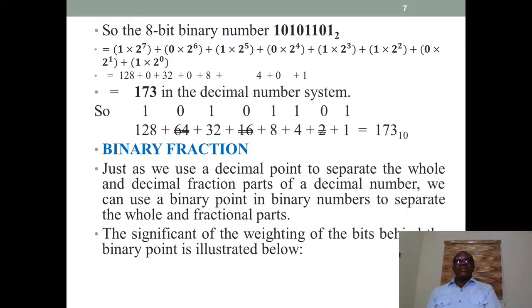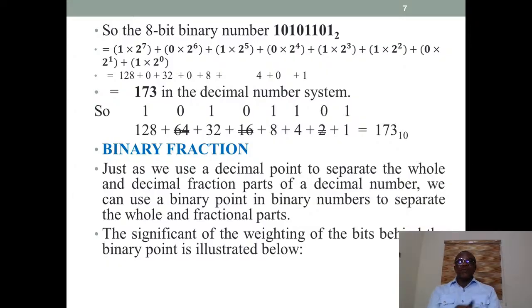Where 0 appears, you multiply by 0, it gives you 0. So that bit, 10101101, what we just needed to do is, having known that from right going to the left is 1, the next one is 2, the next one is 4, the next one is 8, the next one is 16, the next one is 32, the next one is 64, the next one is